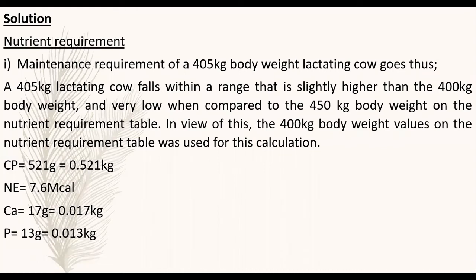So if you check the table, the CP required by that animal weighing 400 kg body weight is 521 grams, but we need to convert it to kg, which means it's 0.521 kg. If you check the net energy also, which is 7.6. If you check the calcium, it requires 17 grams. The phosphorus also